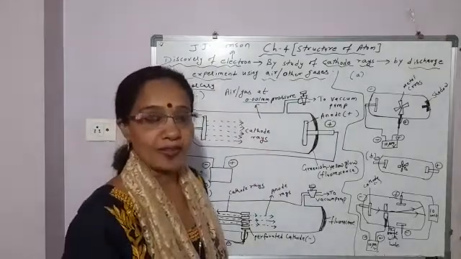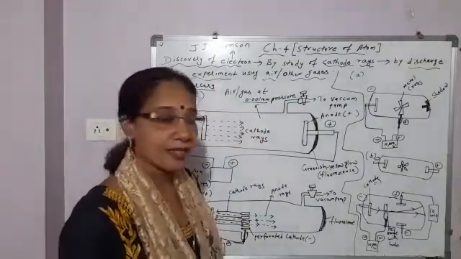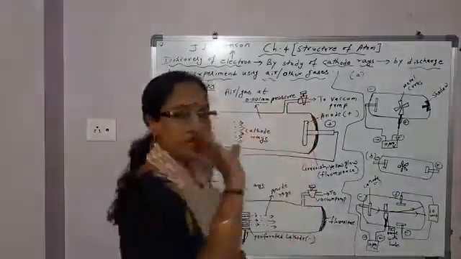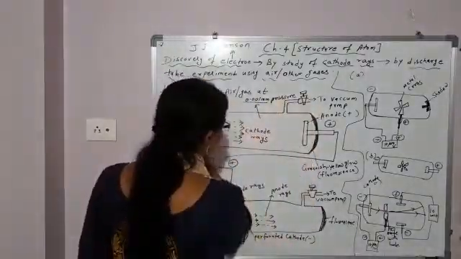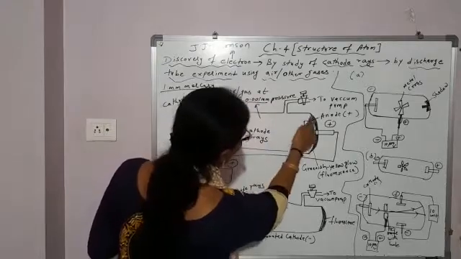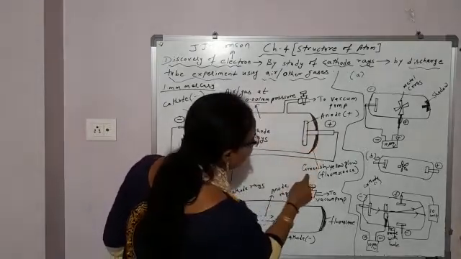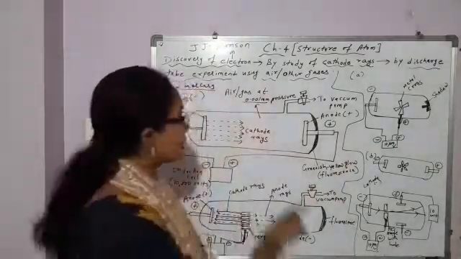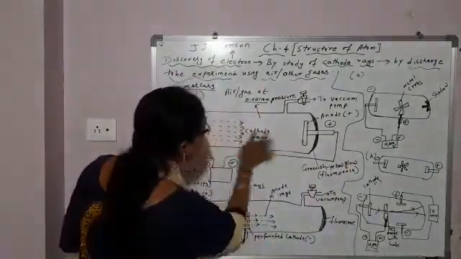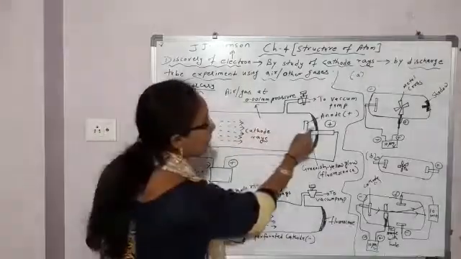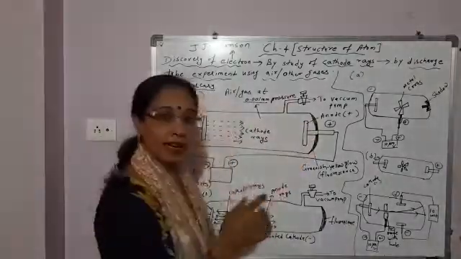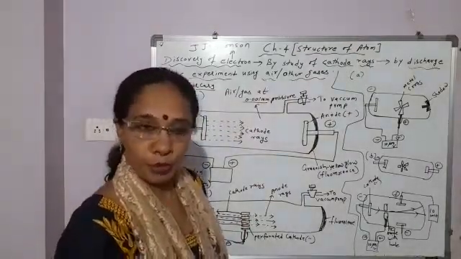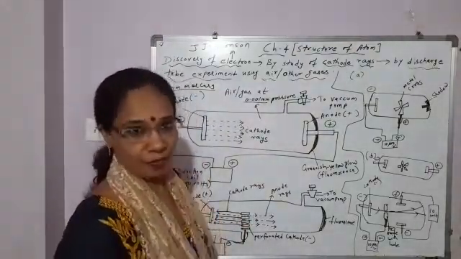The light which was emitted at 1 mm mercury pressure disappears. The discharge inside the tube disappears and it becomes completely dark. But the glass wall opposite to this cathode starts glowing with greenish yellow light, which is called fluorescence. It means some invisible rays are coming from the cathode, which strike the wall opposite to the cathode and make it fluoresce, producing the greenish yellow light.